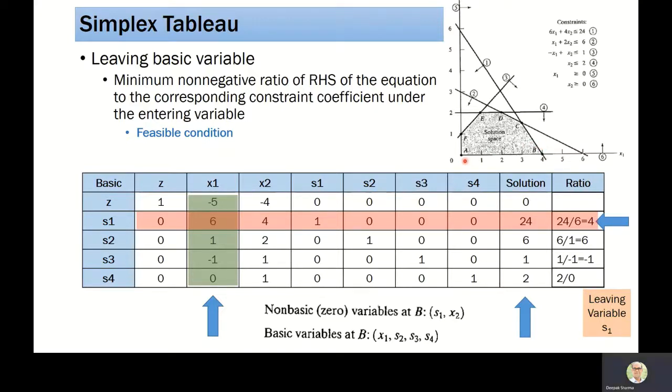The optimality condition says: should I go along the x1 axis or the x2 axis? Most negative, for the current problem, says to move in x1 because your objective function will improve maximally. That is the first reason for the optimality condition. What is the significance of the feasibility condition? If I'm moving along the x1 axis, what is the nearest point of intersection with the constraint? That constraint can be any one. In the present example, the constraint is 1, and that we have taken as the leaving variable.